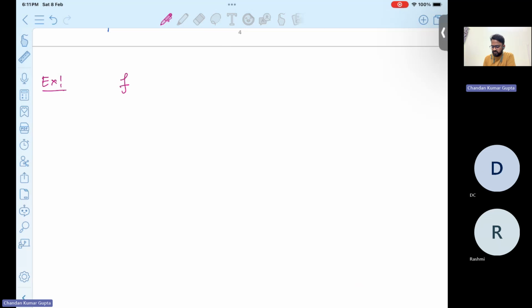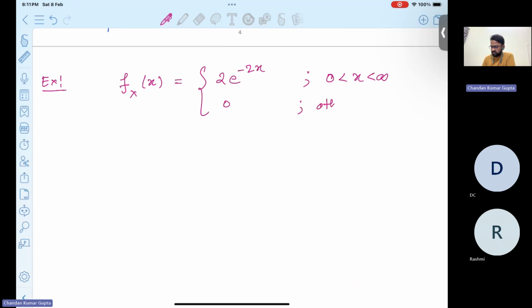Like if we are given a random variable x such that f(x) = 2 e to the power minus 2x when x lies within 0 to infinity, and 0 otherwise. Okay, so it is also a PDF. It is a continuous PDF. So again, we will check the integral from minus infinity to infinity of mod of x f(x) dx, which comes out to be